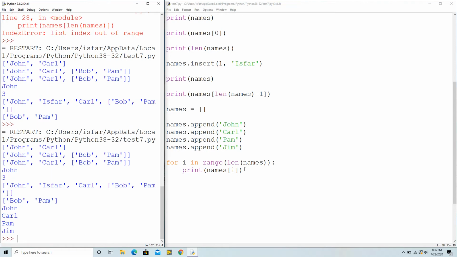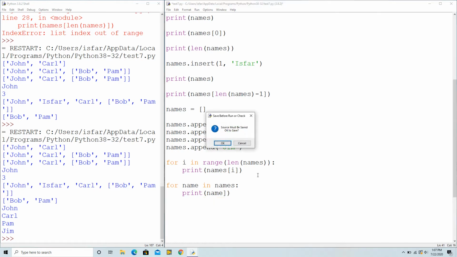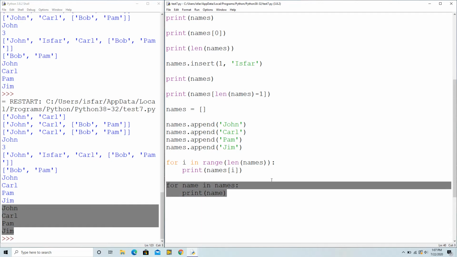So now there's another way you can traverse through the list, which is by just using the list itself without any range. You can have for name in names and print name. Now if we print that, we should still get John, Carl, Pam, and Jim. And ideally, this and this are no different in terms of functionality,